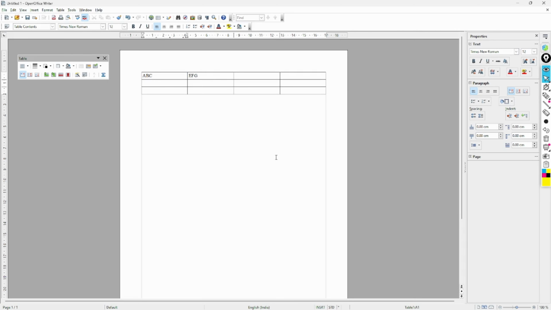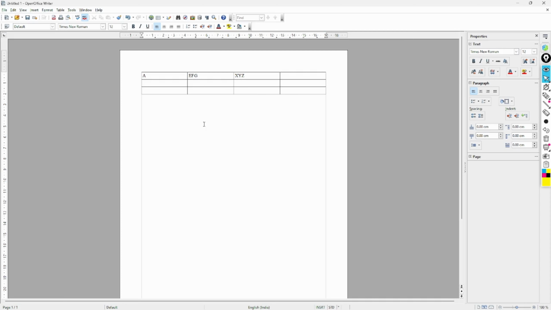See, on whichever cell I want to edit, I will just simply click on that cell. See here. Click. After clicking, there will be a blink. Correct? You can see that my cursor is blinking. So I can directly edit that. If I want to add anything, for example A, B, C, D, I can write that. If I want to delete, I can delete that. Means in this way we can edit, insert or delete any text, or in simple language we can say we can edit the content inside a table. Understood?